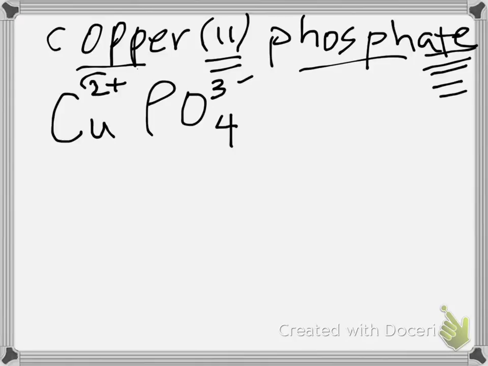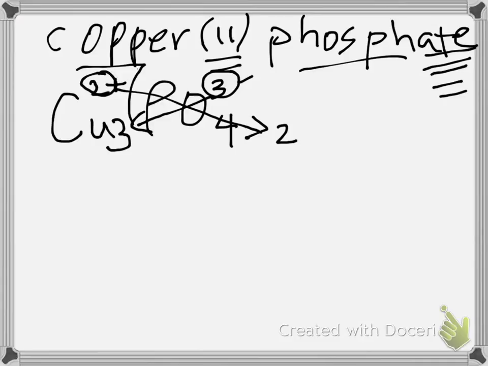So I've done my symbols and charges. I'm ready to crisscross. So I have a 2 and a 3. So this 3 is going to come here. This 2 is going to come here. Now, I need 2 of the whole thing here, right? Because in terms of looking at charges here, I know that overall I have to have a 0 charge. So what this is saying is I need